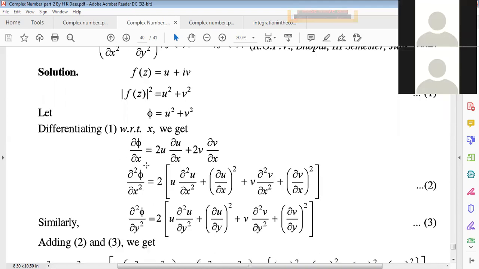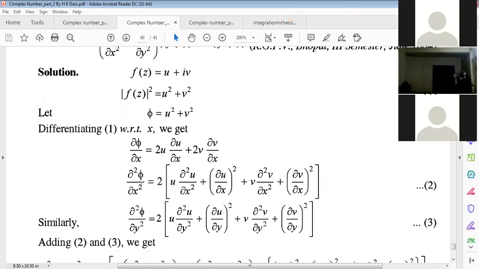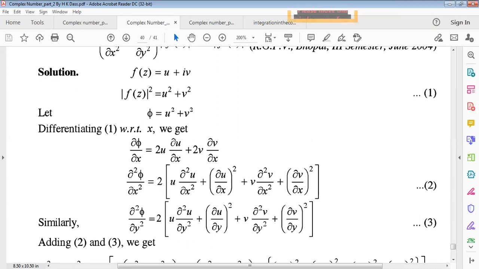Now again differentiation partially, double differentiation. ∂²phi/∂x² equals 2 into, this is the UV process, u into this differentiation plus this into u differentiation. Okay, the UV process, you get two terms. Similarly for this v: v into differentiation of this, which will be ∂²v/∂x², plus this into differentiation of twice v. Twice v differentiation gives 2 into ∂v/∂x. Okay, so ∂v/∂x two times. This is 2 (∂v/∂x) whole square. Okay, 2 will be common.